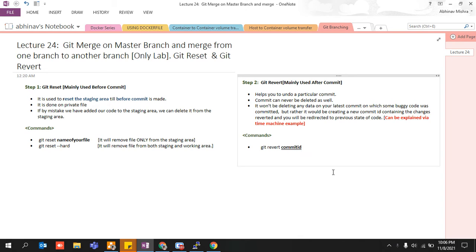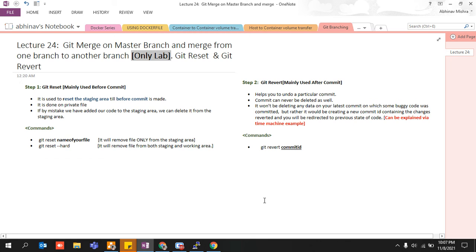Let's say I have created one branch from another branch, and now I want to simply update my code or merge my second branch with my first branch. What is the command to do that, right? So guys, for this part we are going to understand git merge on master branch and how merging is performed from one branch to another branch. I have only created a lab section for it as of now, because there is nothing much theory involved in this part, and I think you would understand it even better with a hands-on, practical approach.